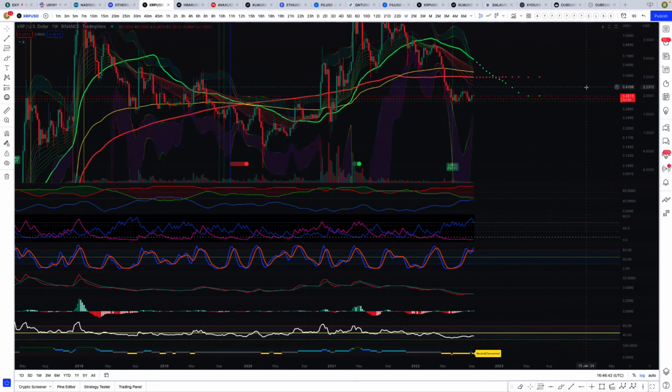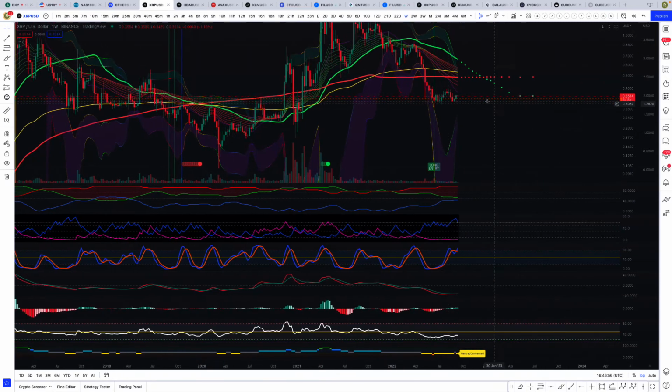But yeah, the key level for us to get above is that purple line right here, which is around 38 cents. I want to see that. Likely we get above 38 cents, we're going to retest 50 cents really quick. And then the key level to hold is 31 cents, like 32 cents, that area right there, which I do believe we're going to hold.